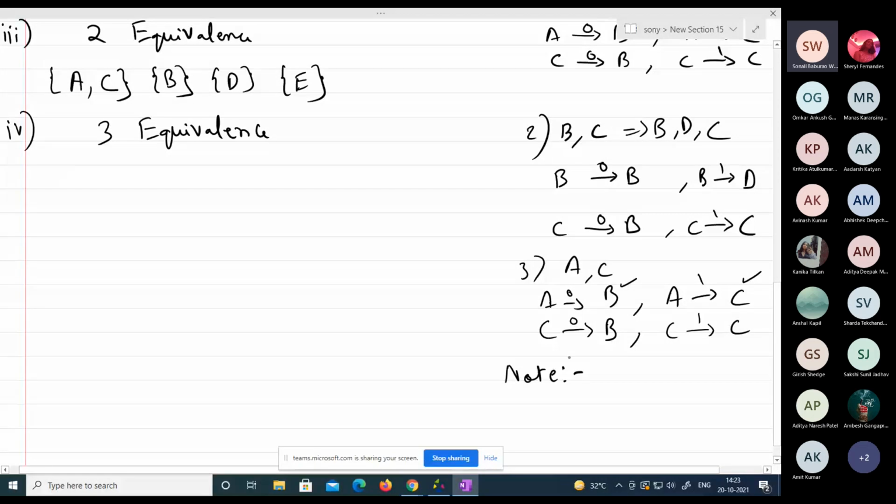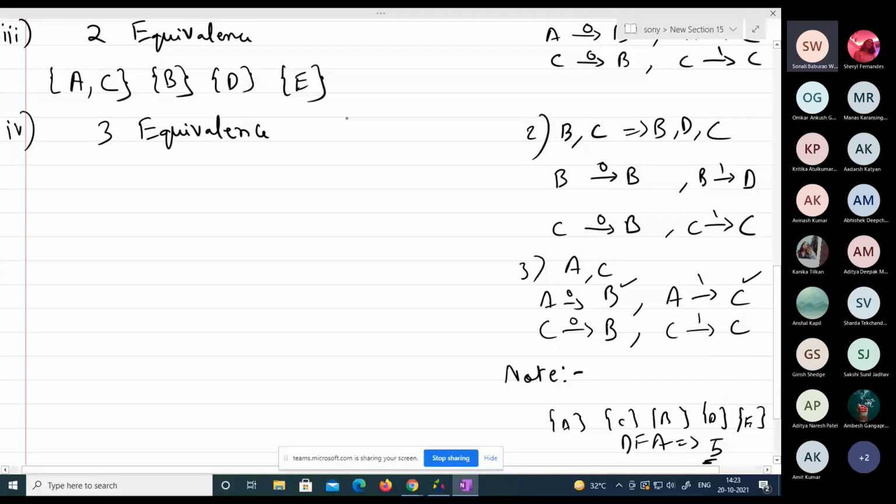So when you compute for 3 equivalence, you are getting the states as A, C, B, and B, D, and E. That will not be acceptable. Why? Because we already had that in the DFA. In the DFA, we already had 5 states. So if we go on splitting this one also, it will take us back to that original DFA. It will not be minimized. But the question is, somehow you have to minimize that. So in that case, I will stop here.